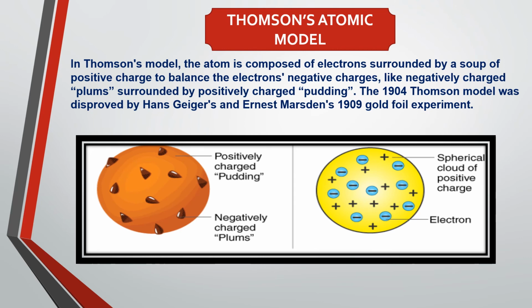Thomson's atomic model explained the electrical neutrality of an atom, but the results of experiments carried out by other scientists could not be explained by the model because there are some drawbacks, and from these drawbacks the next model has come, that is the Rutherford model, and the Rutherford gold foil experiment has also come. So in my next slide or next video or next Zoom class I'm going to discuss this.